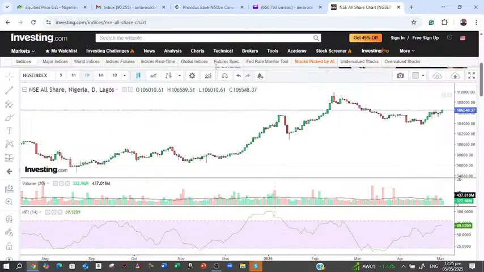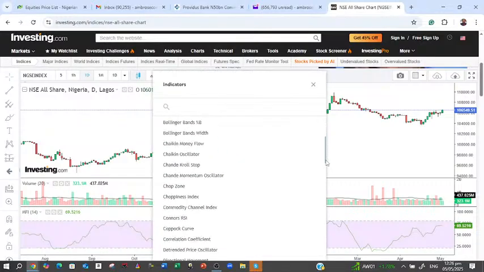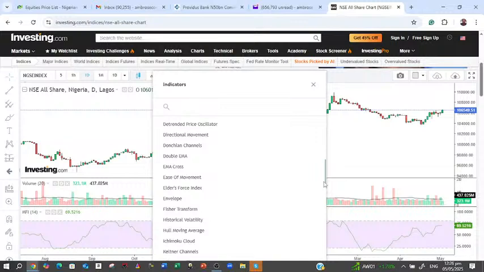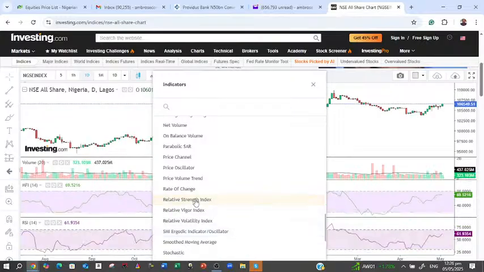I can use money flow, I can use RSI, but most of the time people prefer to use RSI. To see whether the market is overbought or oversold, once you're able to know, you know when to plug in at the right time, so that you do not enter the market at the time that the market is turning down. You need to enter the market when the market is also growing.